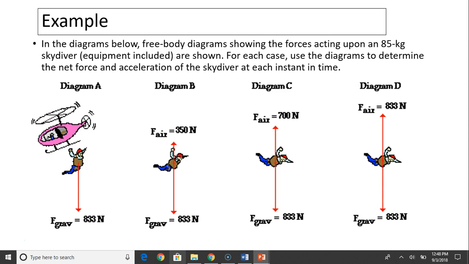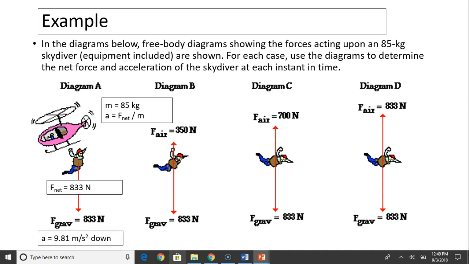So in the first case, the net force is just 833 newtons. The skydiver is in free fall, and we know the skydiver's mass is 85 kilograms. We know in order to find acceleration, we find net force and divide by mass. So in the first case, the diver's net force is just gravity, 833 newtons, and he's in free fall, 9.81 meters per